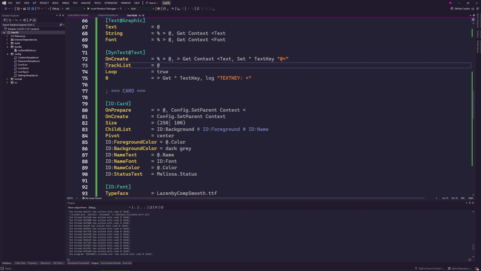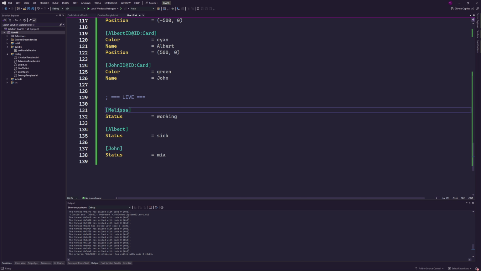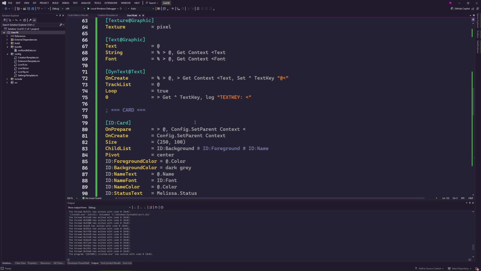Because it's hard for me to speak at the same time I'm doing this, if you see the issue and it's obvious, please let me know. We retrieve from the current instance the text key that we set here. Here we push ourselves, get the context, we get the text. The text is defined here. Here we put melissa.status, which could be... could it be a missing percentage sign? Where? Yes, it could be, but where? Snake Eye suggested this. Yeah, where?